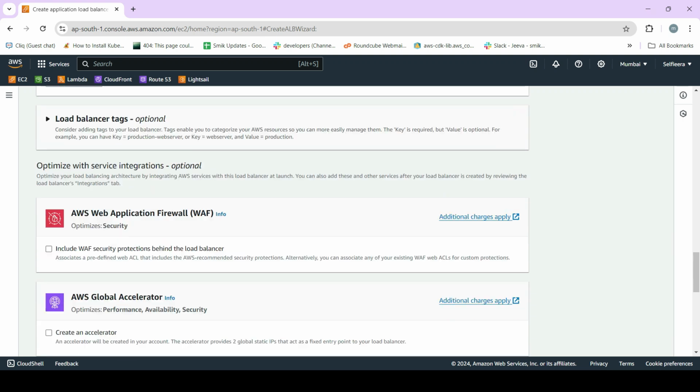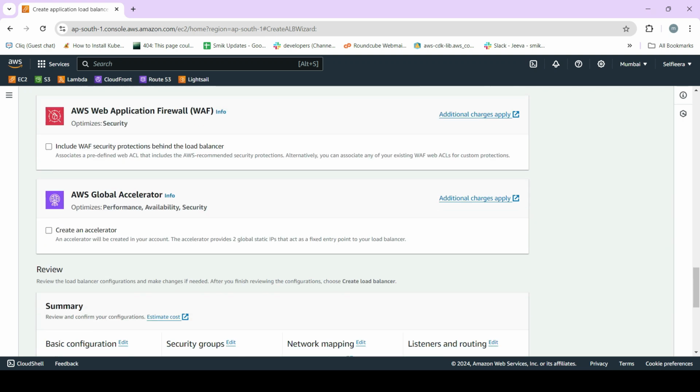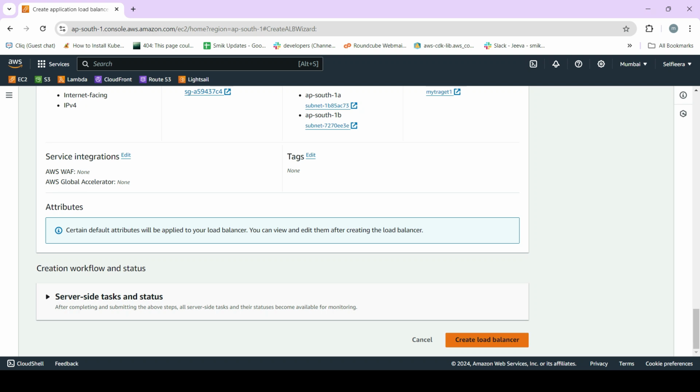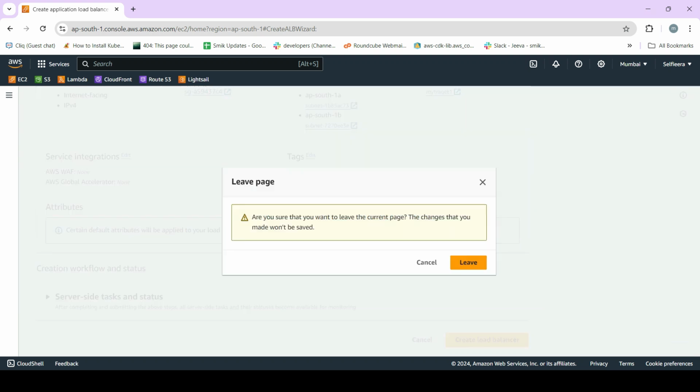Okay, and then we can add the web application firewall if you want. Later on we will see what is the use of this web application firewall. This is also one of the additional firewalls like security groups. This will add an additional firewall here. Already we have a security group that itself is a firewall, but this is a web application firewall. This is also one of the security groups or firewalls we can say. And then we have the global accelerator. Later on we will see what is the usage of this global accelerator, and then we have to create the load balancer. So if we create the load balancer,